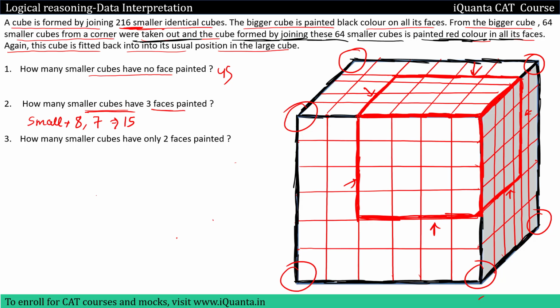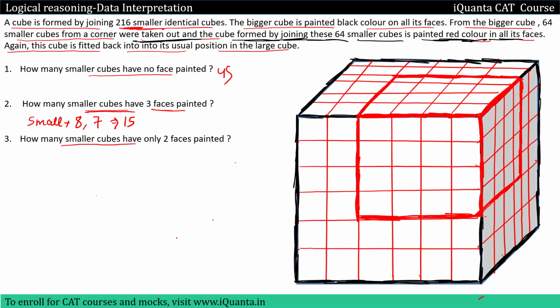If these parts that are visible after removing the smaller cube were also painted, then you would have counted these corners as well. The new corners from this one, then this one, then this corner. In that case, the number of 3 faces colored cubes would have been different. Let us try to solve the last question now.